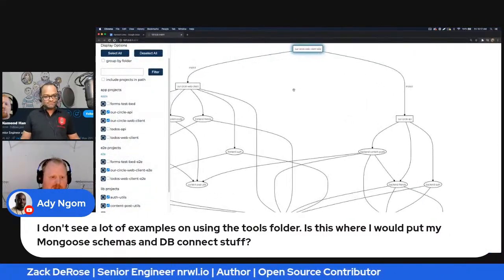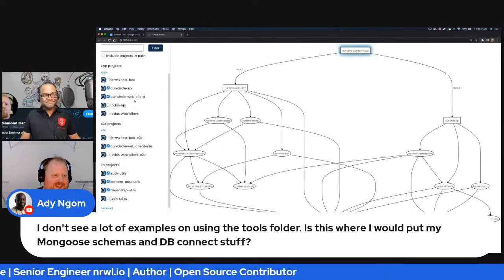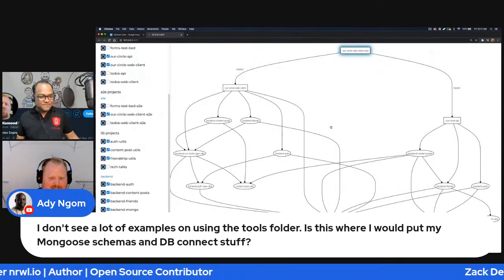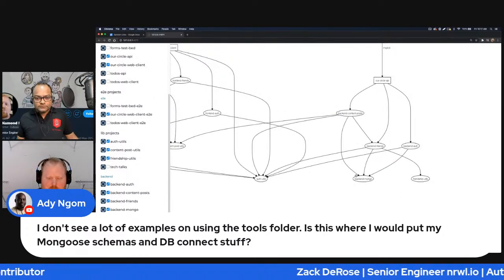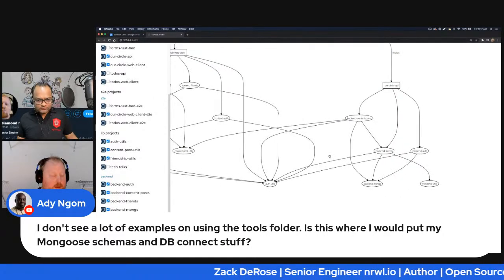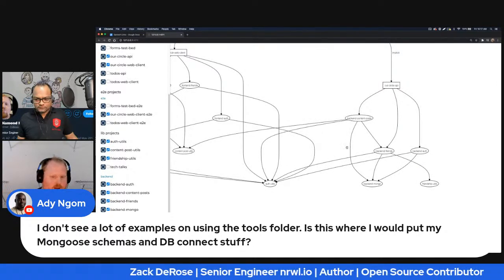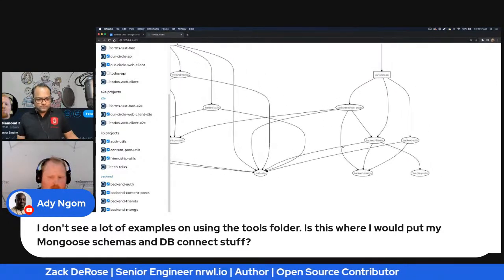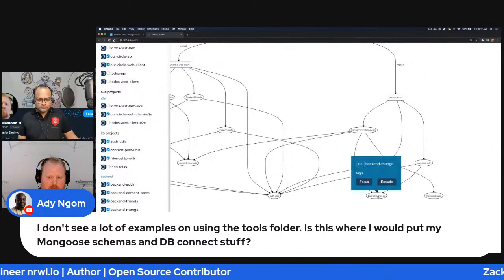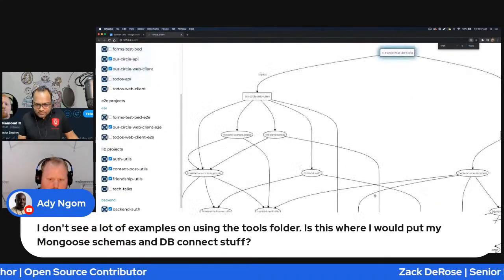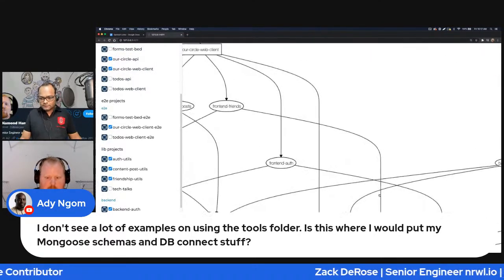In terms of mine specifically, Addy, I know Addy is building some cool stuff, so I want to give him some help here as much as I can, if you don't mind. Sure. No problem. But yeah, in my opinion, how to properly set up NX for a full backend thing. What I have here at the bottom. Oh, that's very hard to see. Let me see if I can blow that up a little bit.